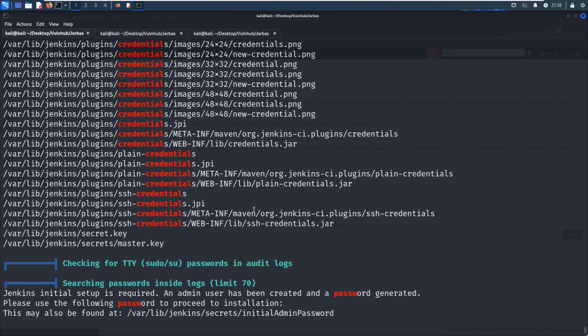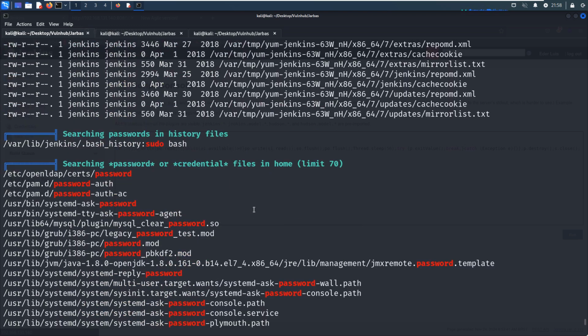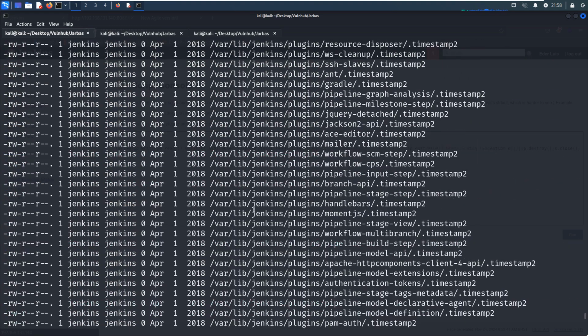Next, we need to scroll up to look for vectors which can allow us to elevate privilege.